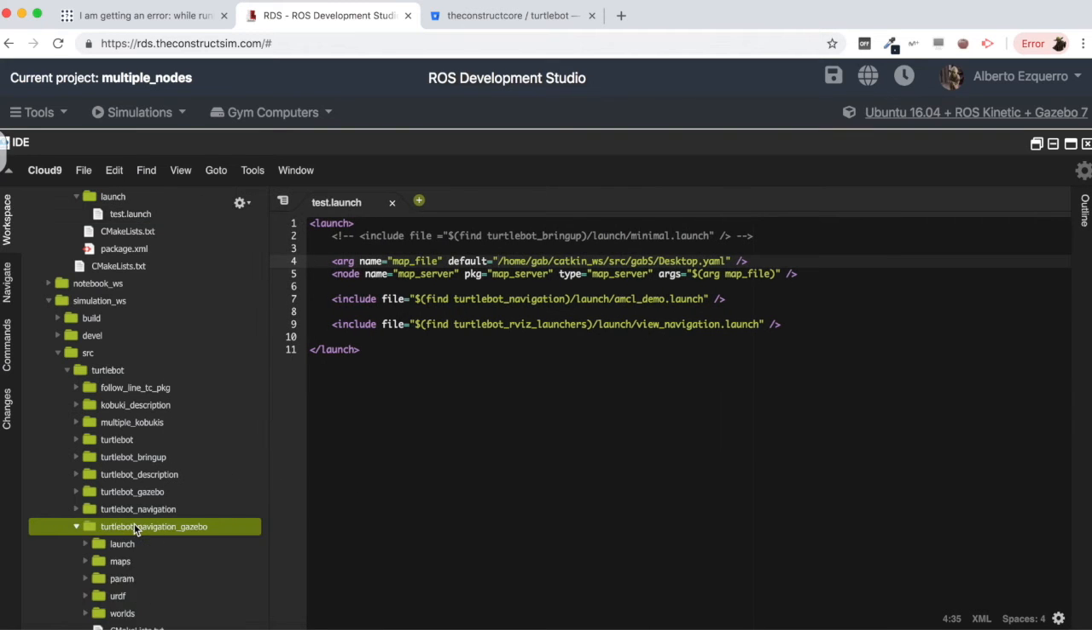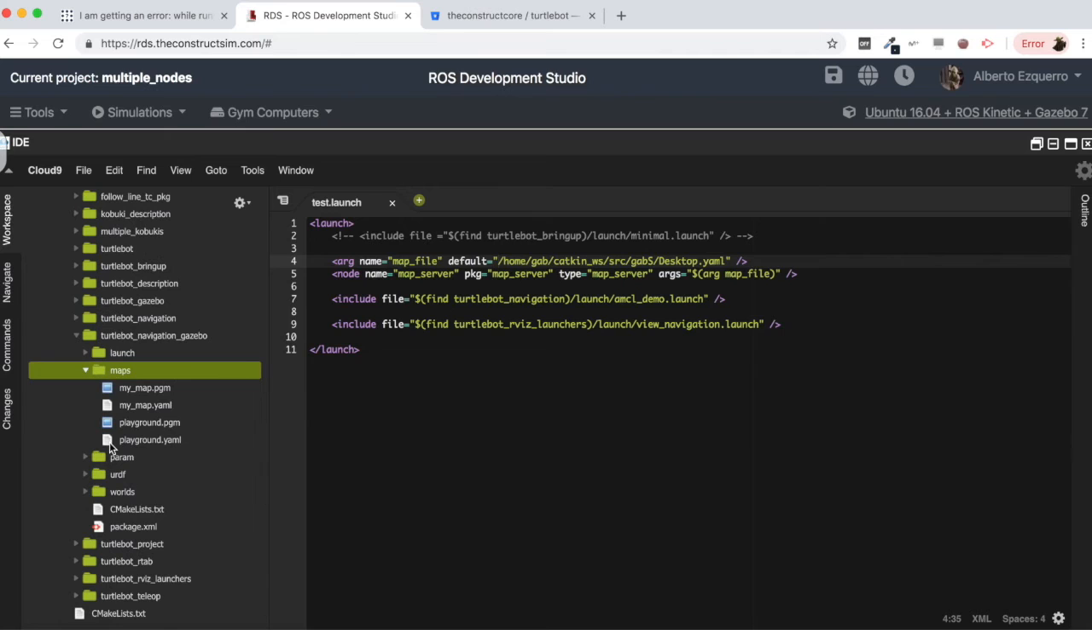For instance, here I should have some maps, yeah. So let's use, for instance, my map. So here what I'm going to do is to find Turtlebot navigation gazebo, it is. So Turtlebot navigation gazebo. Then inside this package, we're going to go to the maps folder. And we are going to load the my map.yaml file, which I have here. Great,